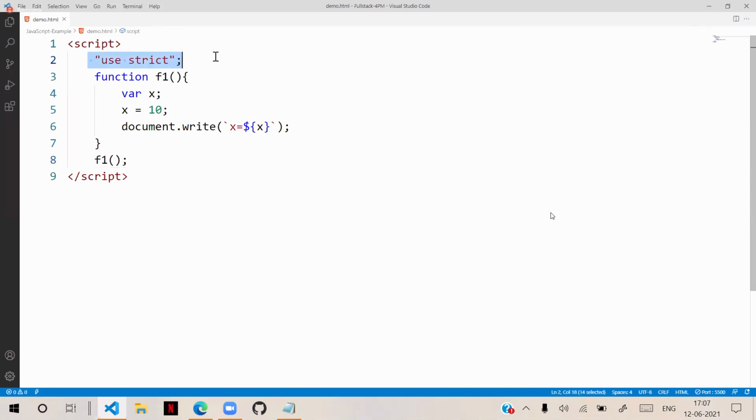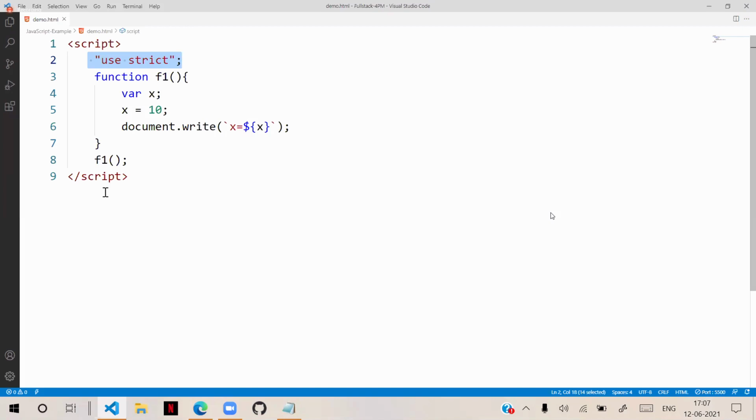If JavaScript is not in strict mode, different people have a habit of writing in different techniques, and this will lead to a lot of code inconsistency. We have to avoid that by using strict mode. Now don't worry about what document.write is, why we have written it where, and all this. That is not the point to concentrate on as of now, because we will learn that in the next level.